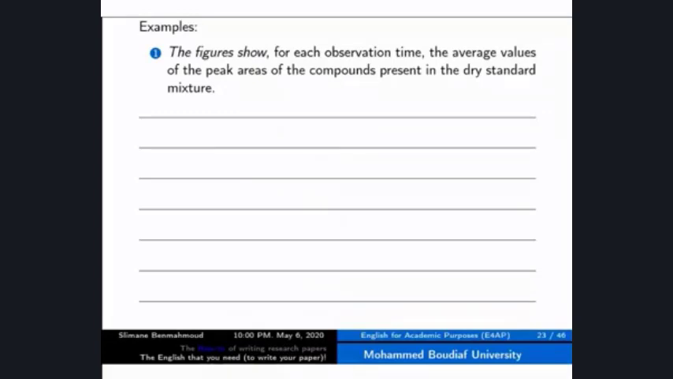Okay, let me answer this. Here we can see that there is a break-up between the verb and its direct object. This is the whole break-up. To avoid this, we have to rewrite this in a more suitable form. We have to say, for each observation time,